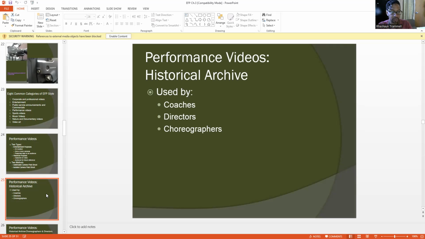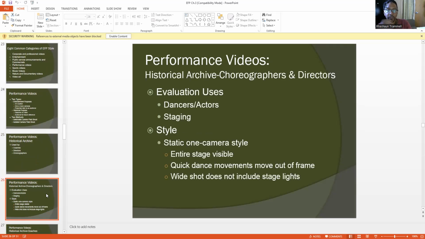We'll talk a little about why. Choreographers and directors, whether it's a dance routine or a play, you need to see where your people are, if they're doing the right movements, if they're going to be in the right position at the right specific time. So it helps for that.